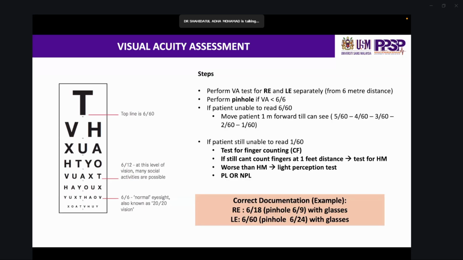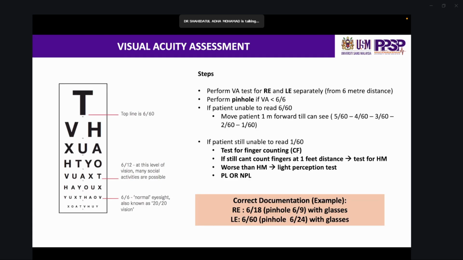That 5, 4, 3 to 1 is actually the distance from which the patient can see the topmost line. But if the patient is still unable to read 160, meaning at 1 meter distance the patient is still unable to see the topmost line, you need to perform the finger counting test. But if the patient still cannot count fingers at 1 feet distance, you need to test for hand movement. If vision is worse than hand movement, please perform the light perception test, and vision could be PL or NPL. All right. And not only performing the test is important, you have to know how to correctly document